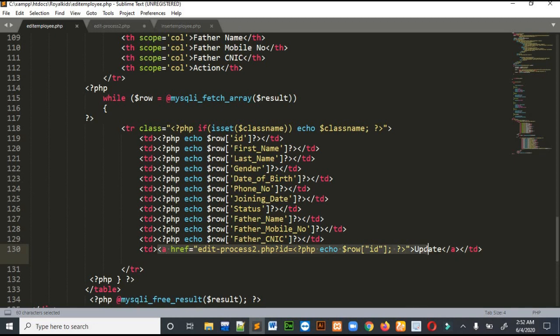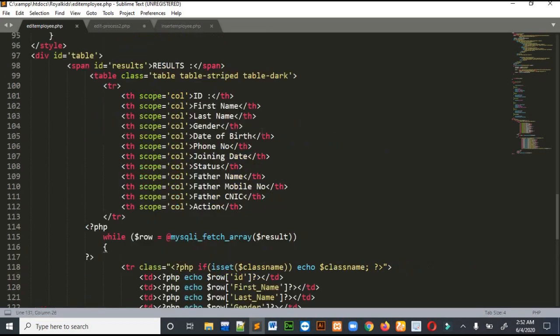I found that code through a very difficult process and a lot of searching, okay. So this is the code for sending the information. Anything you want to send to the next page, write this code, and this is the page to which we are referring our user. Whenever the user clicks the update button, this ID will go to this page, so we will get that ID on this page and then use it further.